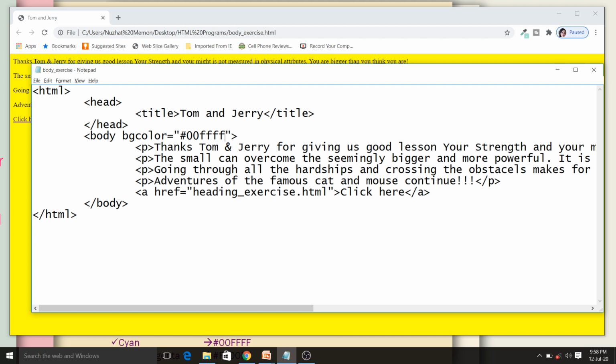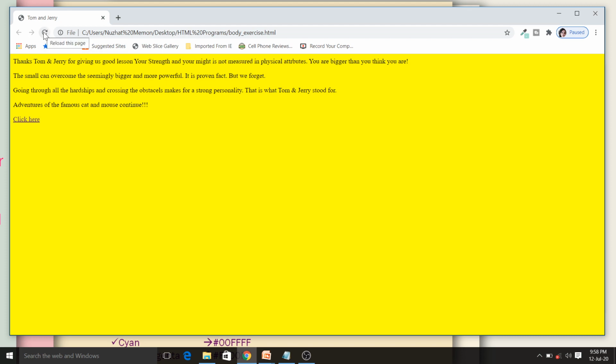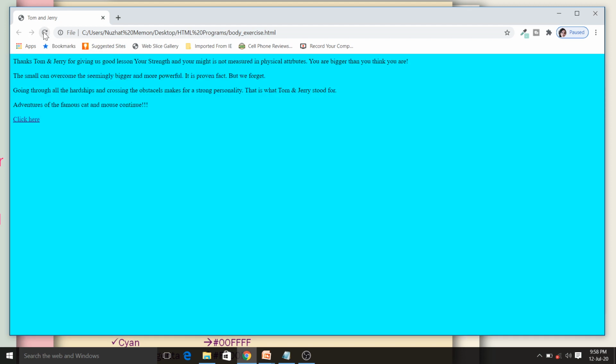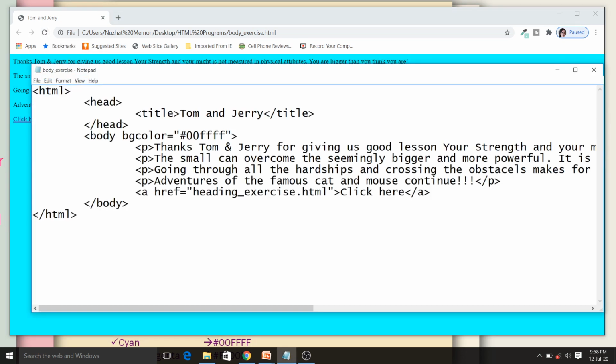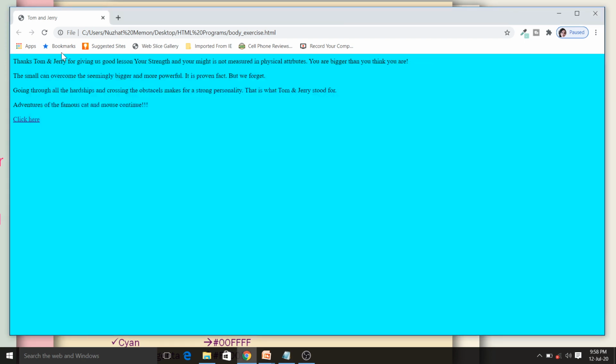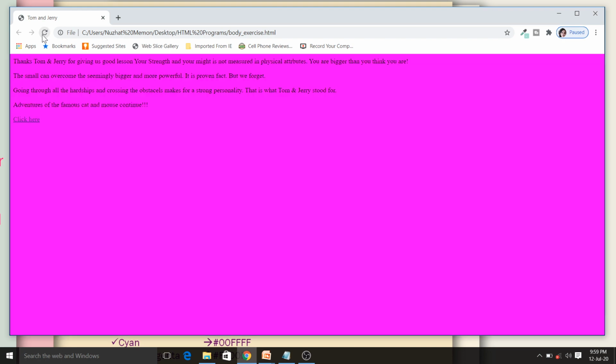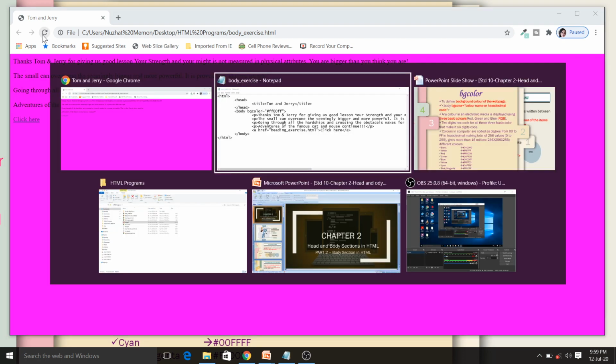You have to represent each color using a 2-digit hexadecimal code. So here you will see cyan color. And now for pink, I need to combine red and blue. Red, in place of green we have to put 0, and then blue. So here you will get pink color. Right? Now we will proceed to the next attribute.